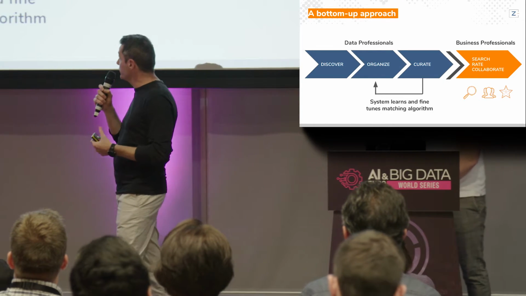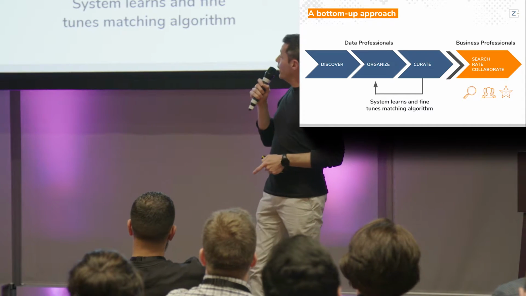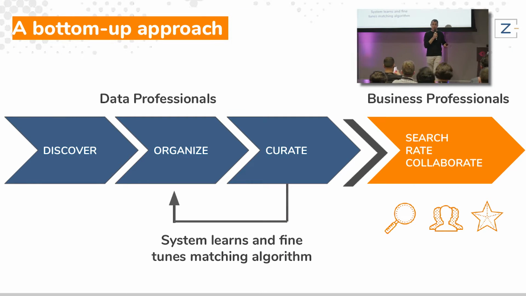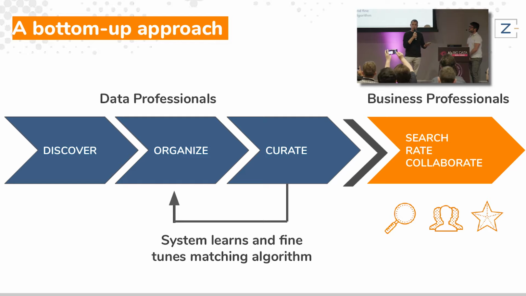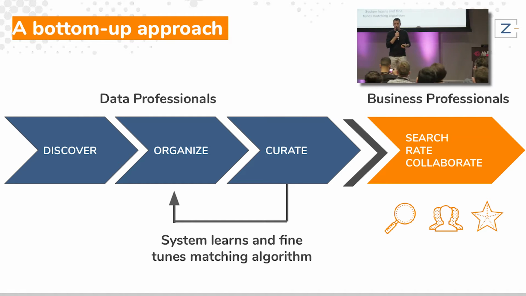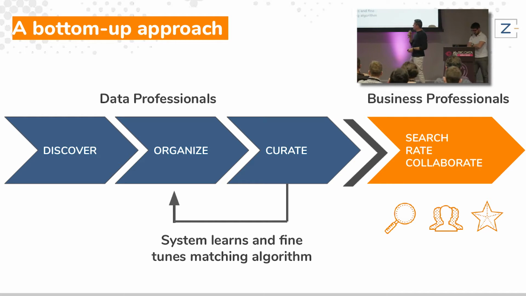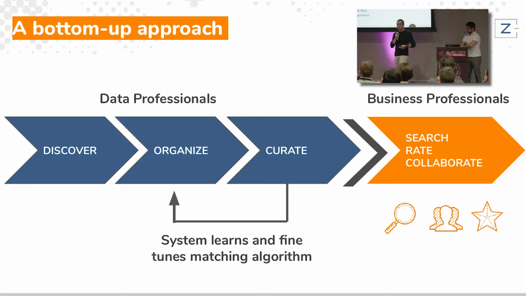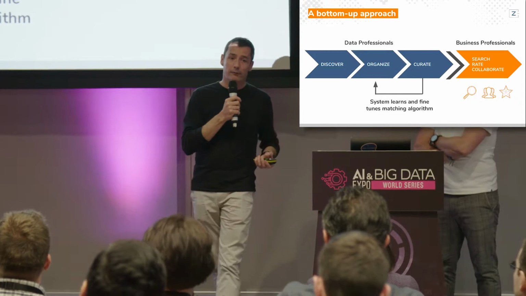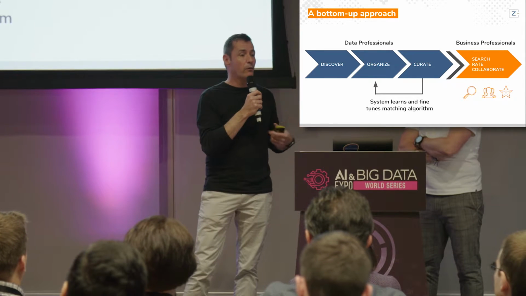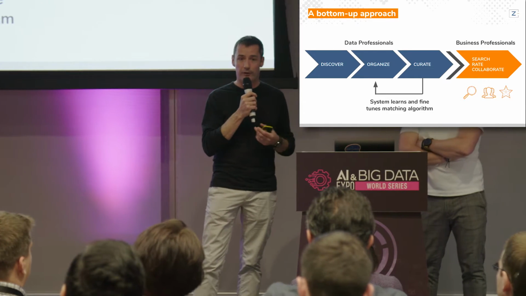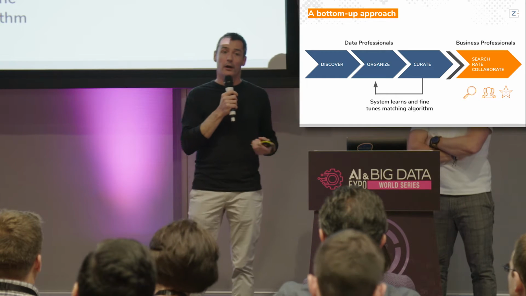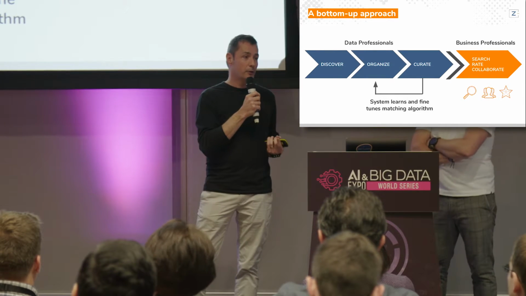What would be a bottom-up approach? Well, it's quite simple, actually. You have a discover phase that is automating the discovery of the data assets in all of your systems, whatever the system is, whatever the storage is, whatever the technology you are using to store and describe the data. So you have this discovery. And then you have probably a set of professionals that we call data stewards that will be working on making sure that all that has been grabbed in your system is properly documented. But they won't do it alone, they will be helped by algorithms that will learn what kind of data you're using and will help them document it automatically.